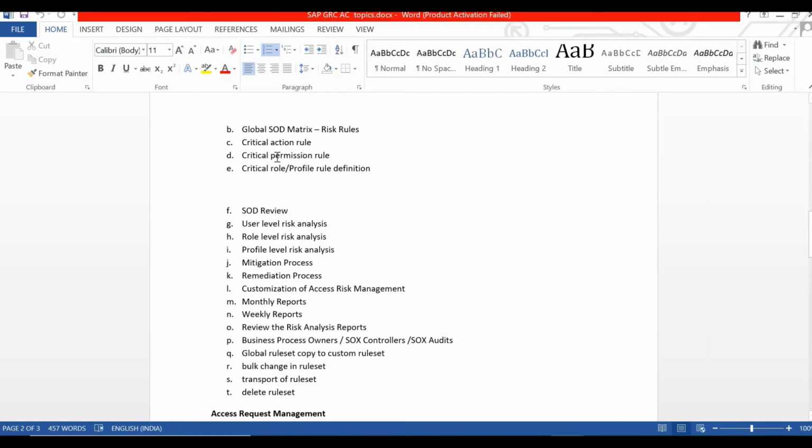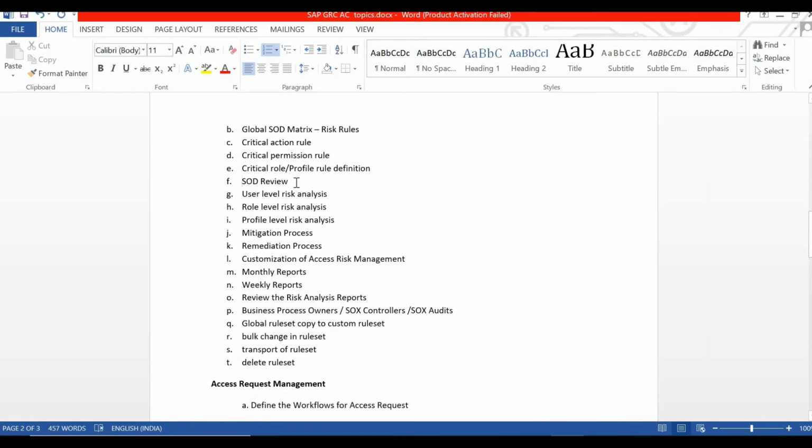We can even define a critical role also. For example, we make the payroll role a critical role, so that if later we want to know which users have the payroll role or a critical role, we can find them with the help of the system. That is what we configure here.